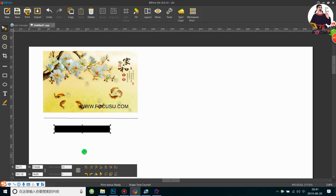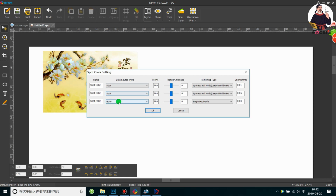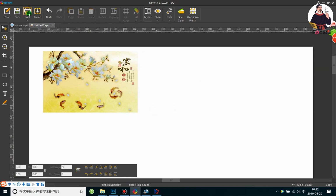So there are lots of functions you can use. You can do some practice, and you just right click and then you can delete it. Okay, after we are sure of the spot color, we choose the spot, and the second one closed, and then we choose the large middle dot for both the white and varnish layer. We can just go to print,